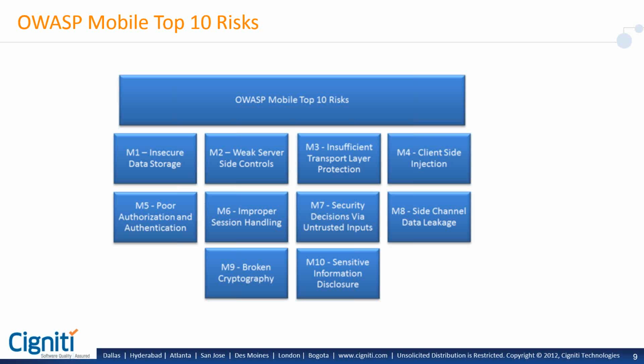So moving to the next slide, in terms of the OWASP top 10 mobile risks. As I said, typically when we talk about vulnerabilities, OWASP talks about the top 10 vulnerabilities. However, we do talk here about the top 10 risks because they have not yet been classified as a vulnerability, and that's where we get into the point that these are still risks. So we'll go through the top 10 risks in detail, in terms of what the different types